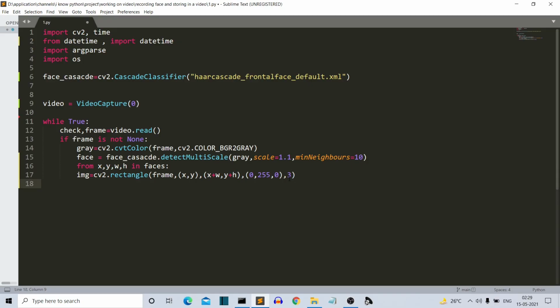Then what we'll do here is use datetime to record the exact date and time at which the human face was present in front of the camera. Okay, so we are using the now method of datetime, and this is the format of the datetime we are choosing here. First is year, then month, then day, then hour, minute, second. So all this data will be the name of our image file. Let me first write, then I'll explain how this data will be present on our image.